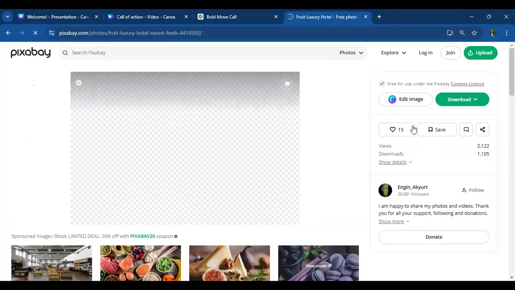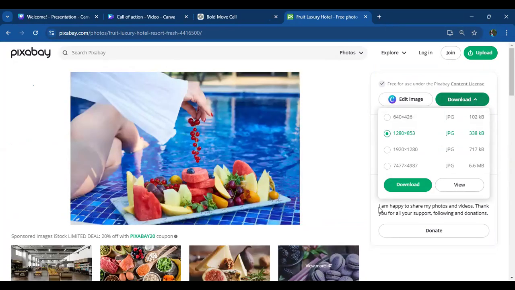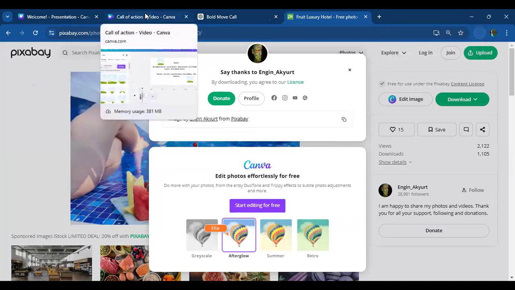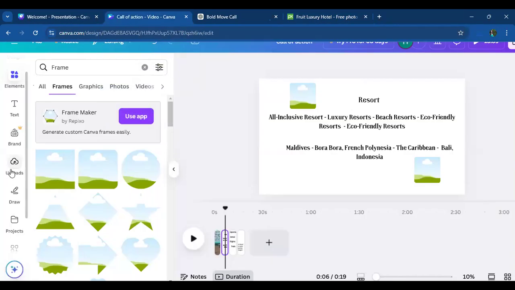So you click on it, download, and that's it. It's downloaded to my computer for free. I've never gotten a virus from it or anything using Pixabay, and I use it for both my businesses. Then you go to upload, or